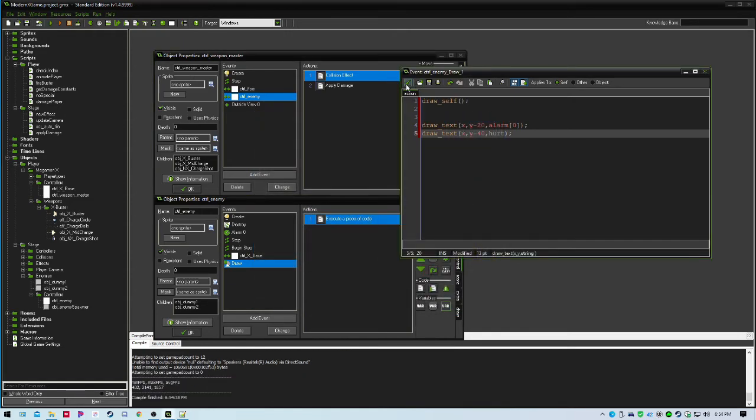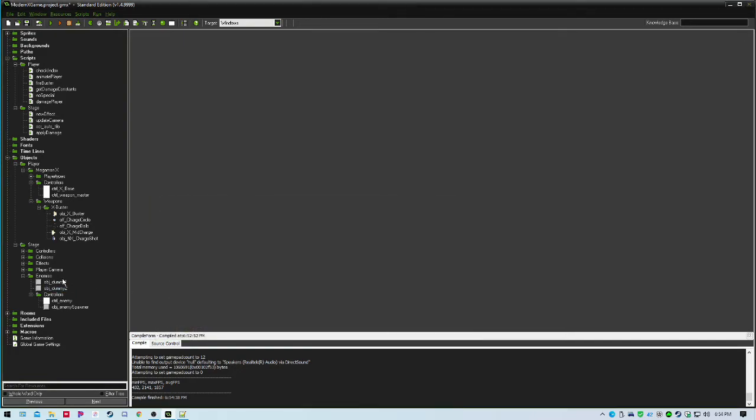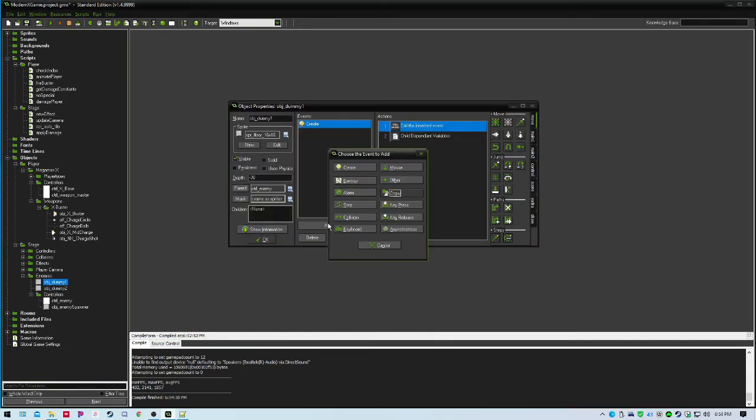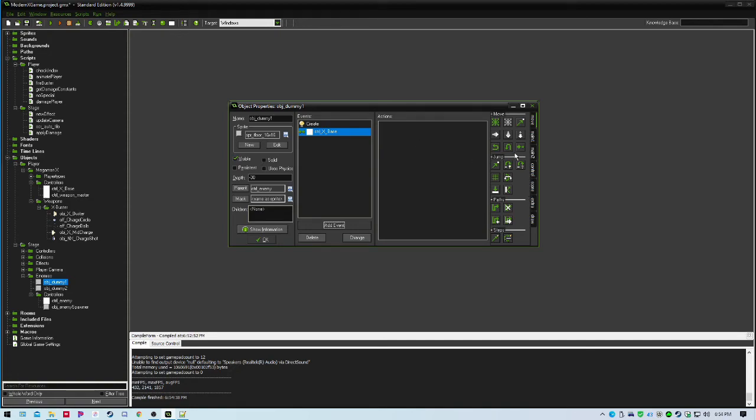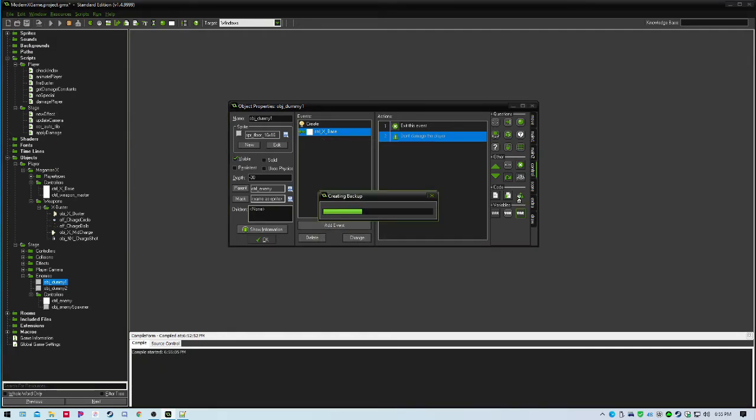All right, cool. So let's go ahead and fix the bug with dummy1 attacking us. If we want to override any events being called from the parent object, we can literally just define the event here and then do other things otherwise. So with this one, we're literally just going to say exit this event and make a comment saying don't damage the player. And then if we hit run,